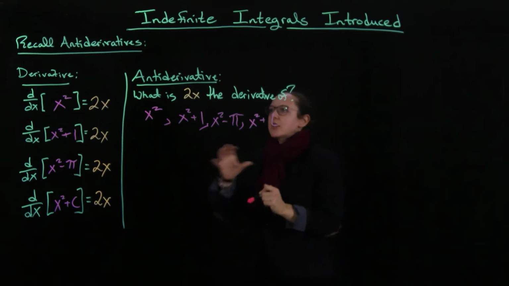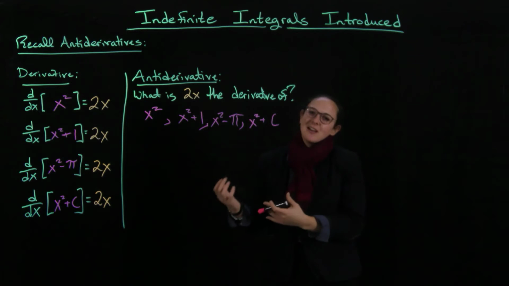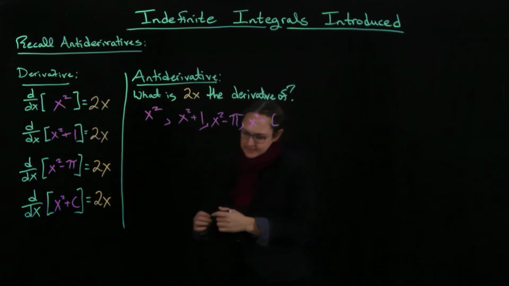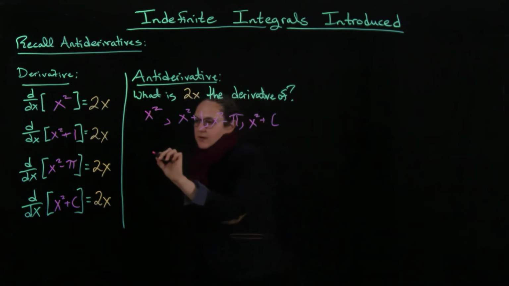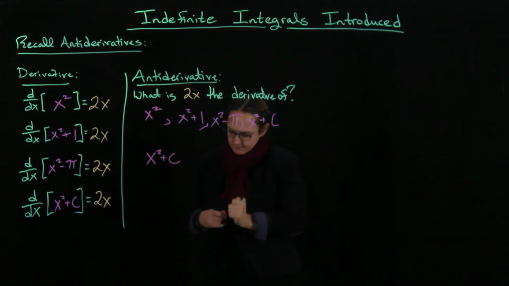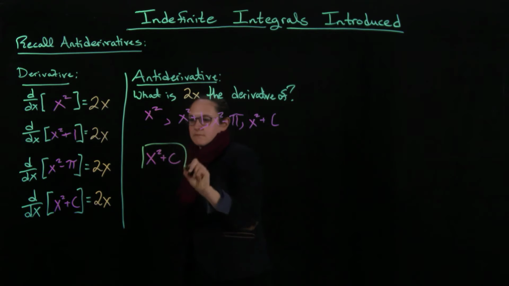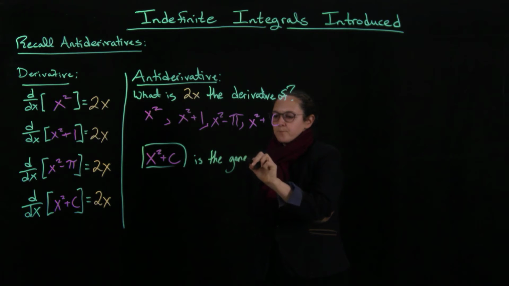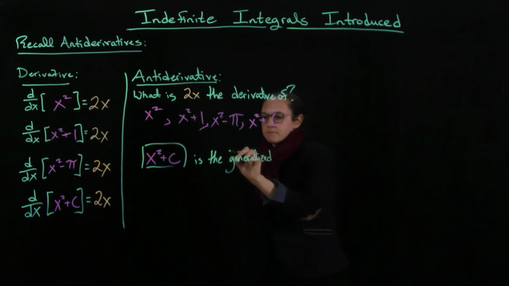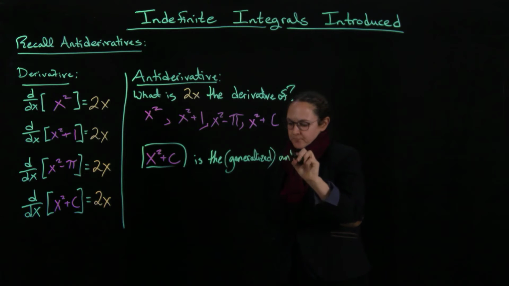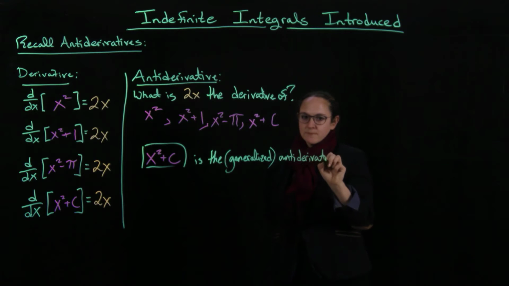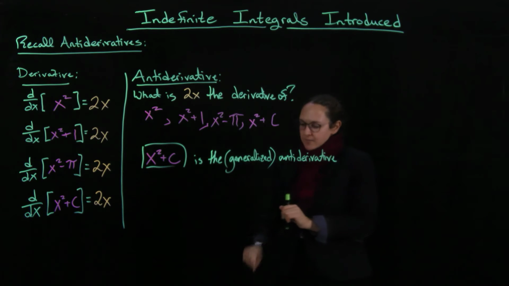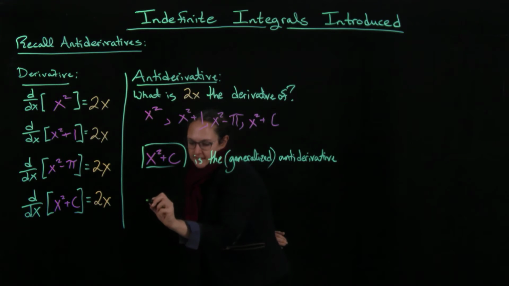Right? And then generally when we say the antiderivative, remember we talked about the generalized antiderivative where I put a plus c in there. And so the generalized antiderivative is, what we actually write is that x squared plus c is the generalized antiderivative. Sometimes we write generalized and sometimes we don't. Right? So then the indefinite integral of 2x,